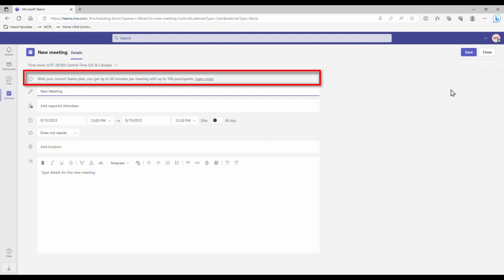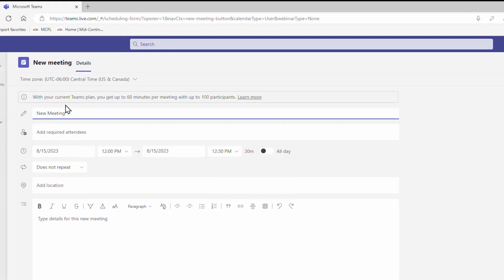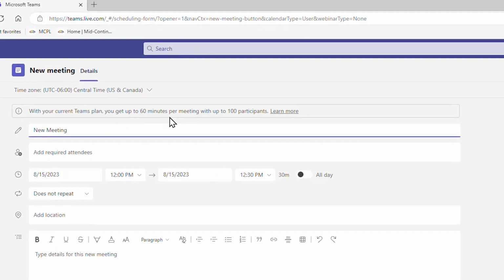There is a notification here that lets us know that with our current plan, it's a free personal plan that we're using, we can schedule meetings for up to 60 minutes in length, and we can have up to 100 participants in the meeting. And then there is a link for more information that we can click to get all of the limitations and constraints of the free plan, and then probably also see what the paid plans